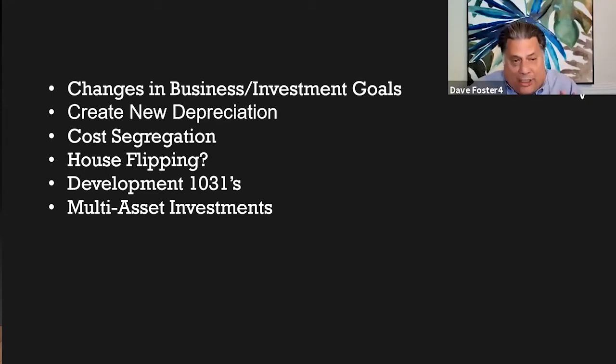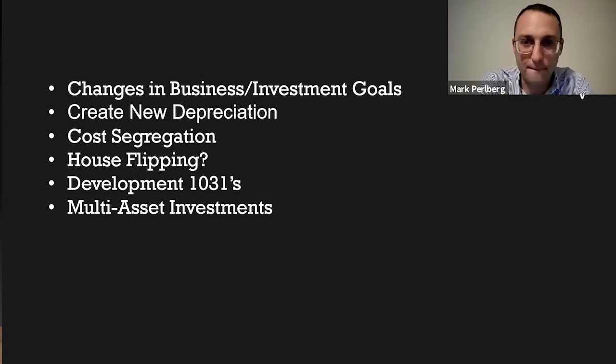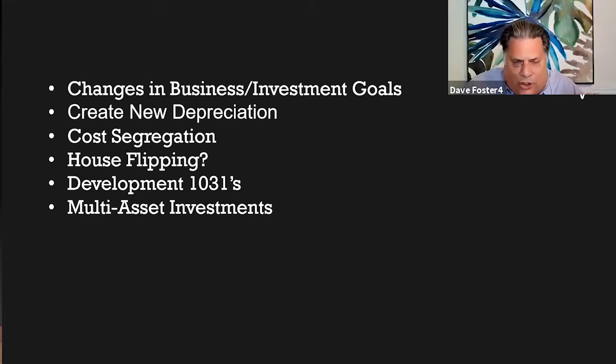Yeah, that's actually a great point, because you have to allocate the basis of that old property amongst the assets. And so there's got to be a rationale for that. Now, the other side, for the spouse that wants to enjoy it, you've got the cash out refi. You also have the opportunity to spend, say, from a multifamily portfolio or a large commercial portfolio into maybe some vacation rentals where you can start to enjoy them yourself. So you can start to use the 1031 to position yourself to get free vacations, or maybe ahead of retirement, so that when you retire, you actually decide to convert that property from investment into your primary residence. And that's another one of the D's, because as long as you don't sell it,